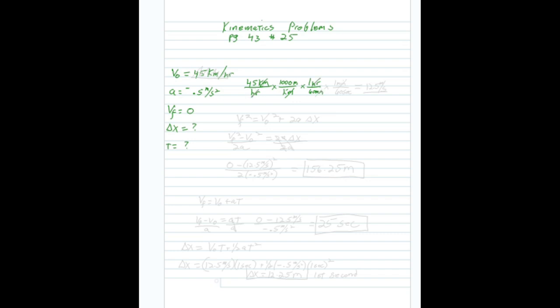Hours will cancel, and times 1 minute over 60 seconds, and minutes will cancel. Multiply all the tops together, divide by all the bottoms multiplied together. You're going to end up with 12.5 meters per second. So instead of using the 45 kilometers per hour, forget about that now and use 12.5 meters per second instead